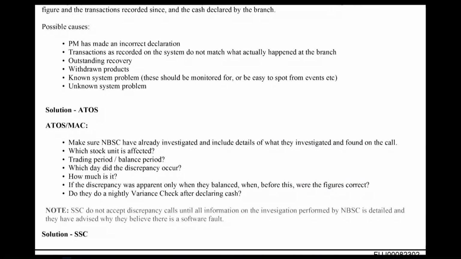Amongst the possible causes that are listed is unknown system problem. I think it follows that the first two lines of support would not be able to identify if there was an unknown system problem, would they? No. So were you expecting them to investigate whether the discrepancy that they had been told about was the consequence of a known system fault? We more wanted them to try and rule out discrepancies caused by business errors at the branch. And by business errors, you mean? Accounting errors at a branch. Well, not accounting errors, but, you know, could they have mistyped an entry somewhere?